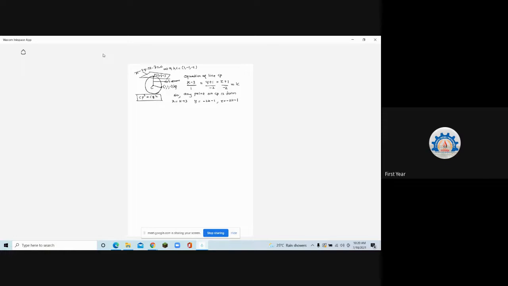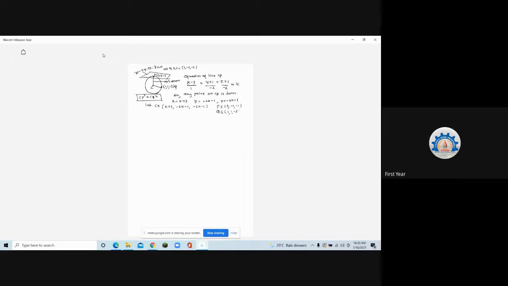Absolutely right. So we got C, right? Let C be equal to this: for any fixed value of K, I will get a point C. So let C be equal to this, and then this C satisfies CP square is equal to CQ square. So I'll use the distance formula. I know the point P as (3, -1, -1), and I also know the point Q as (1, 1, -3).